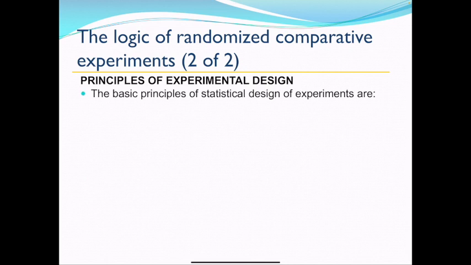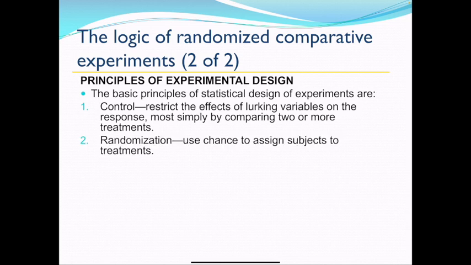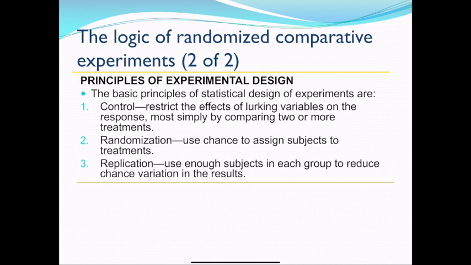So here are some principles of experimental design. The basic principles of statistical design are control. You need to restrict the effects of lurking variables on response, most simply by comparing two or more treatments. This is really, really important. Randomization. You need to use chance to assign subjects to the treatments. Replication. Studies need to be replicable. And you need to make sure you use enough subjects in each group to reduce the variation in the test